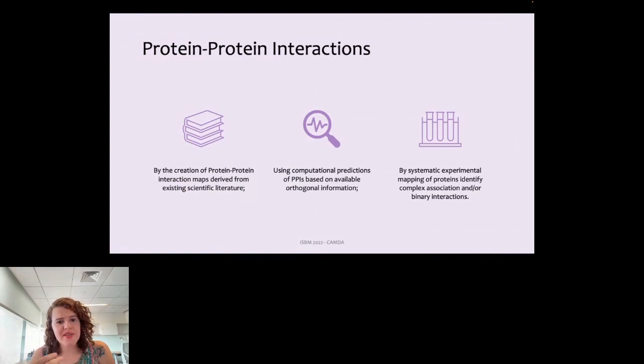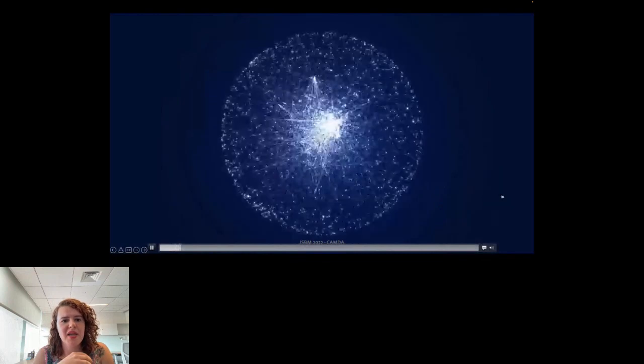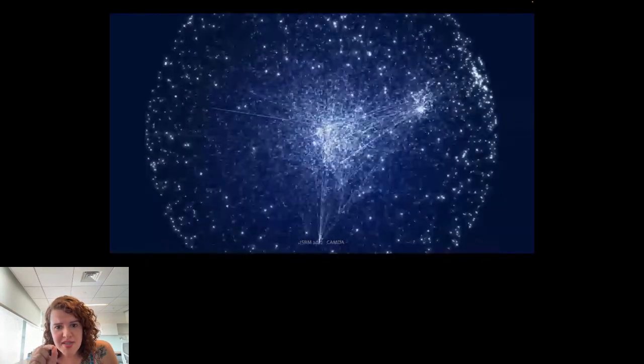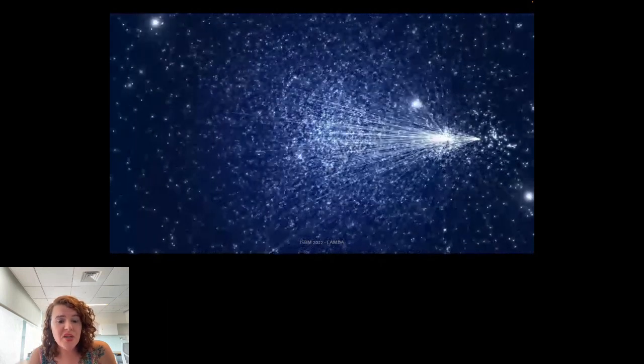I mentioned that some proteins inside our body connect to each other, and this is often represented using a protein-protein interaction map. Those are constructed either from literature or systematic experimental mapping, basically using yeast two-hybrid experiments. And we combine multiple data sets here to leverage this whole network. These networks often look like this, where you have many interactions happening at the same time. Each one of the dots here is one protein. Each one of the links shows whether two proteins are binding to each other, so they have the